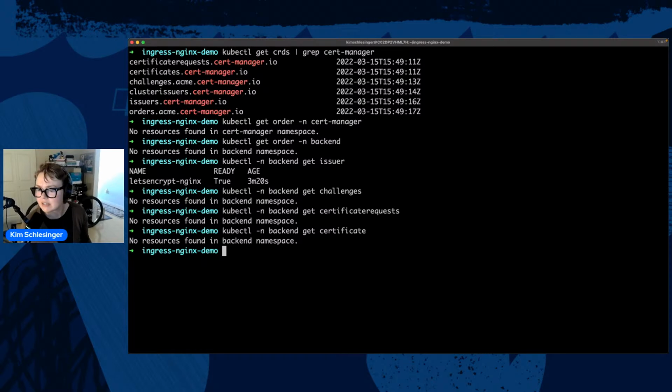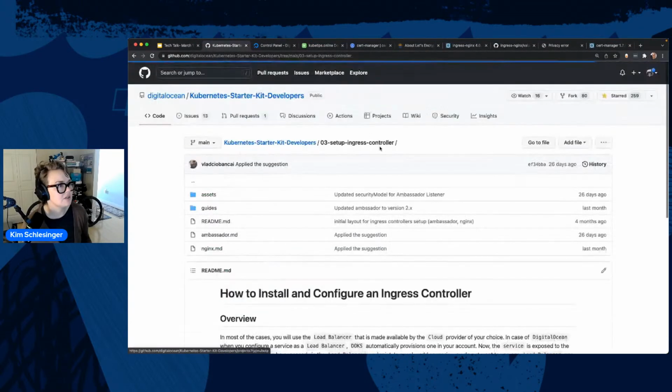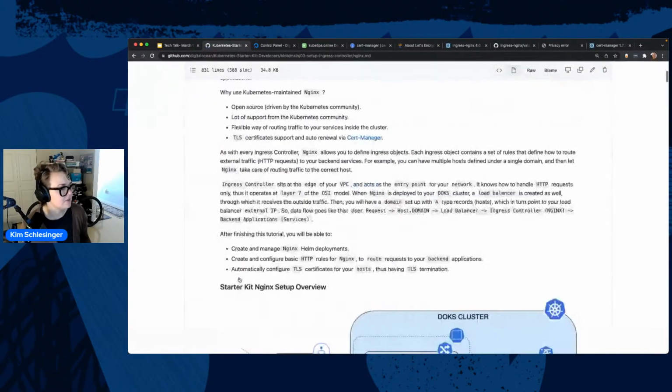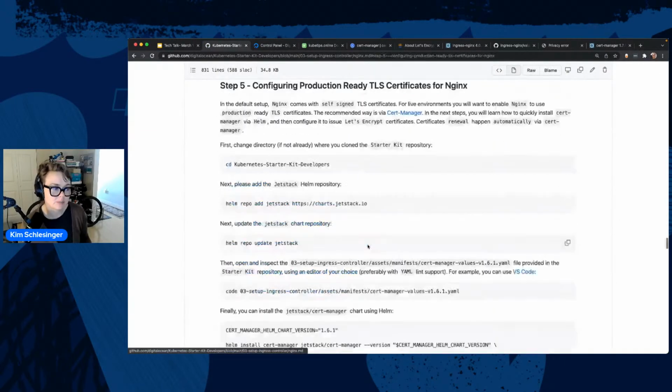So let me just look at my notes and see if I maybe didn't do something. All right, we'll actually go to the starter kit. So we're doing NGINX, and I am configuring production ready TLS certificates. Okay.